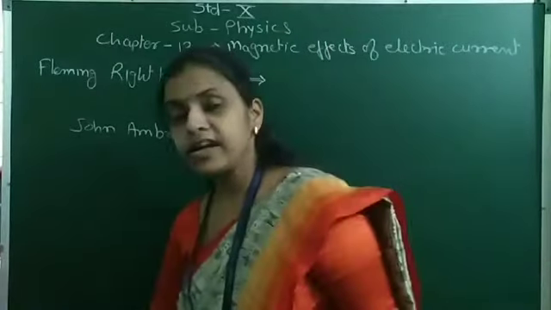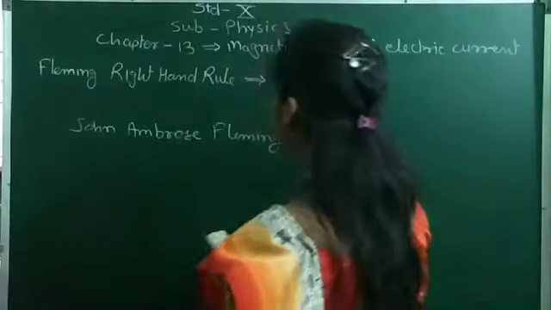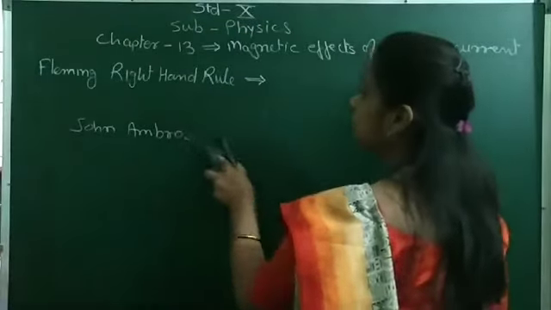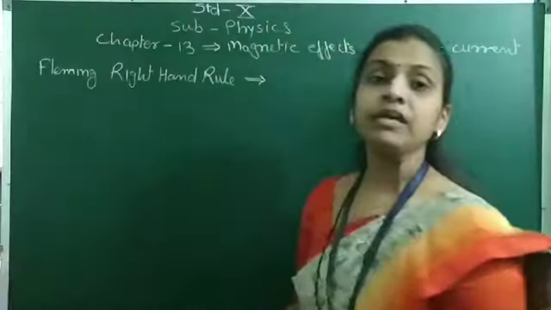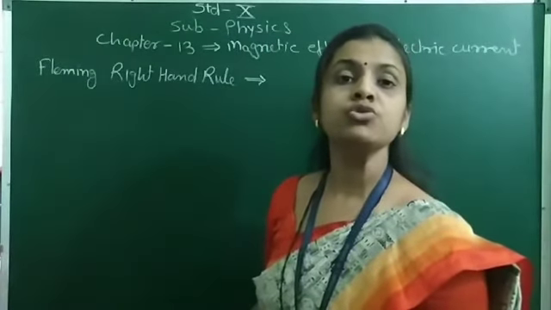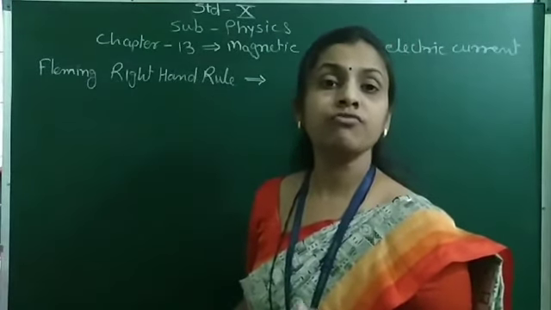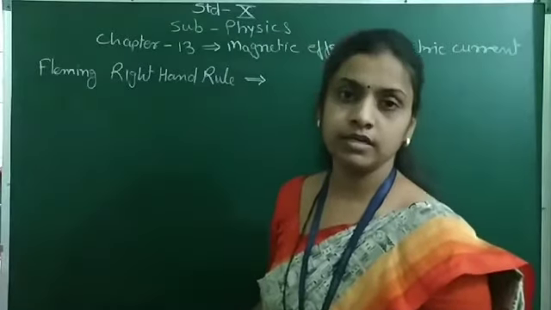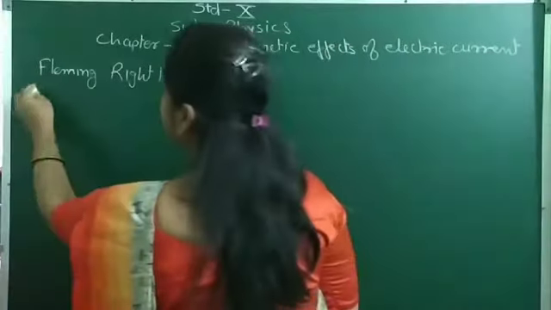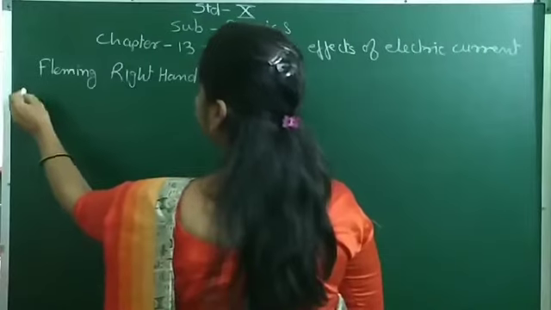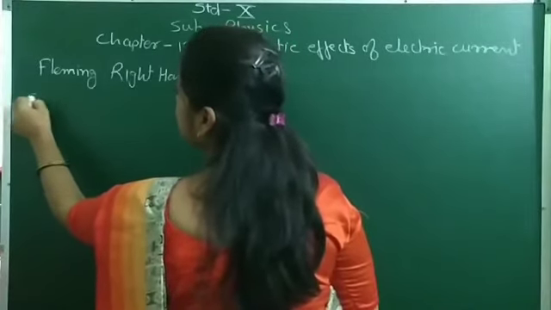So the Fleming right hand rule is used to give the direction of induced current, and the Fleming left hand rule is used to give the direction of force or motion of a conductor. So we will write the statement for the Fleming right hand rule. The Fleming right hand rule states that